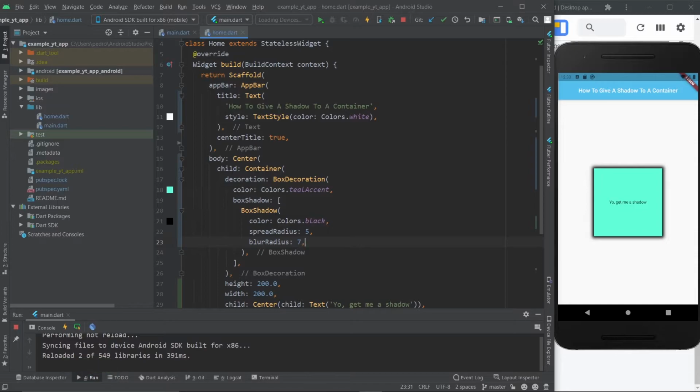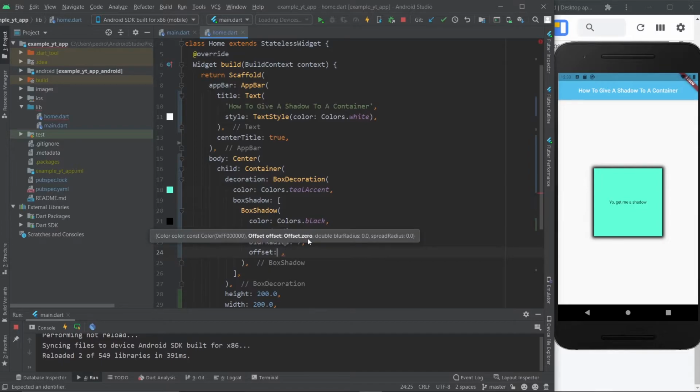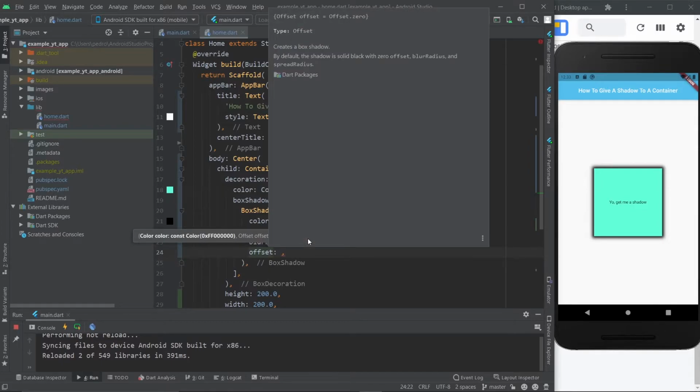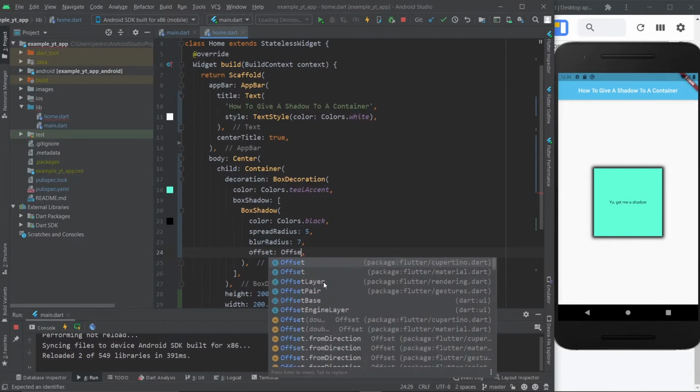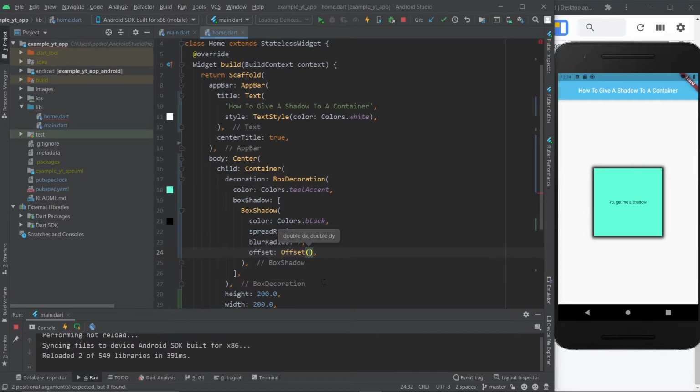And now the next part is the most important part, which is the offset, which means that you're essentially deciding where your shadow is going to be placed. And once again, control Q tells you that it takes a type offset, which fortunately is really just typing in offset. And once you're here, you have 2 positional arguments, and it tells you right there, the X and the Y. And that's essentially, you're defining the position of the shadow based on its X and Y axis.